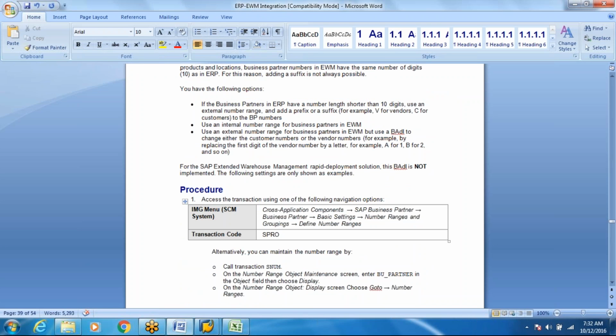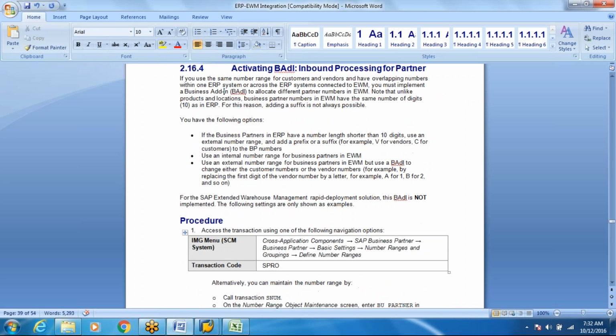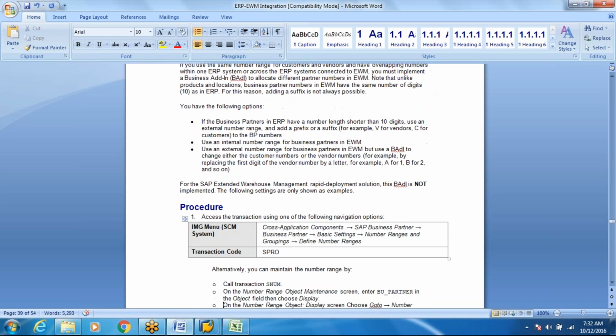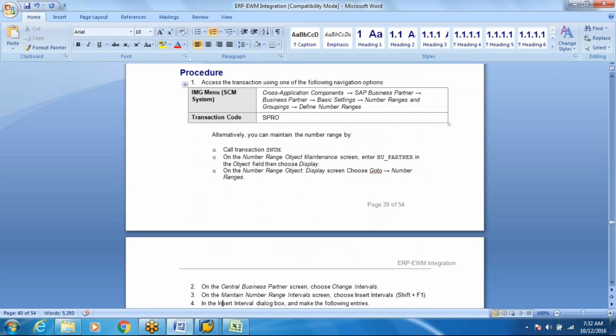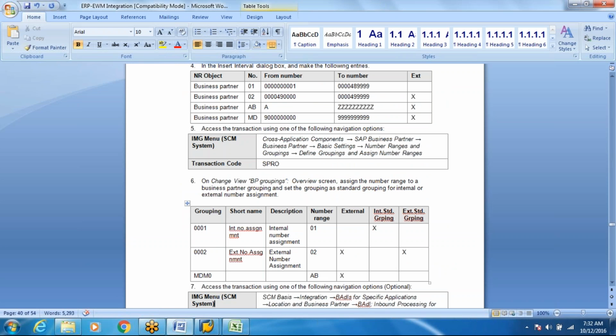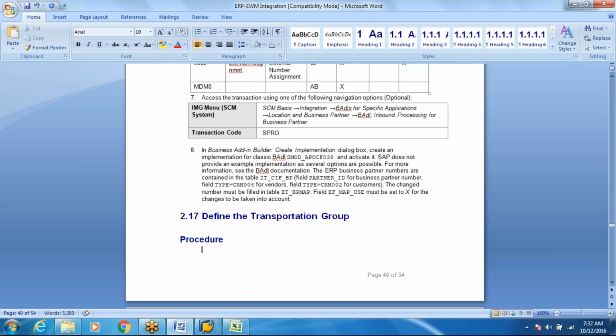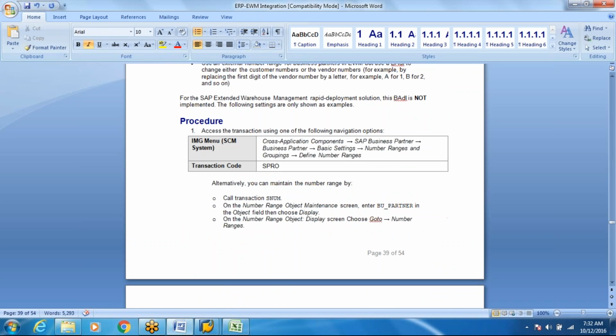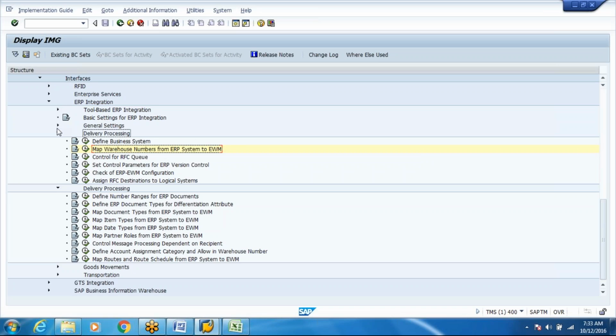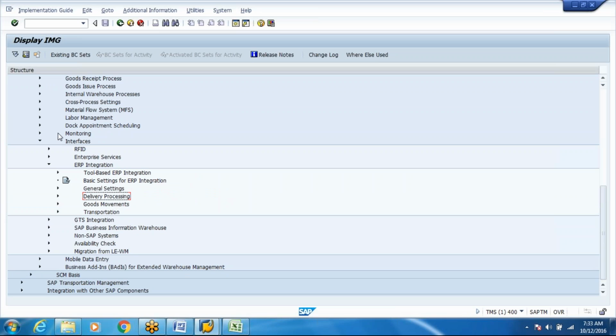So these are all the settings that we come across while we are freshly starting to use the EWM system. Okay. So these are some of the decisions which we need to make. Okay. Then let's go to, okay, then this configuration talks about the number ranges for our business partners. Okay. So one thing in EWM is,